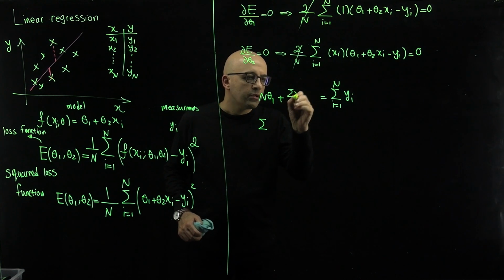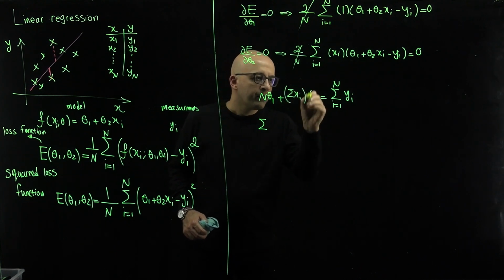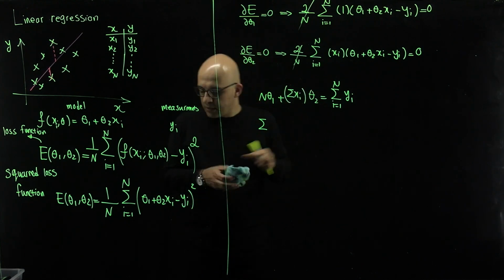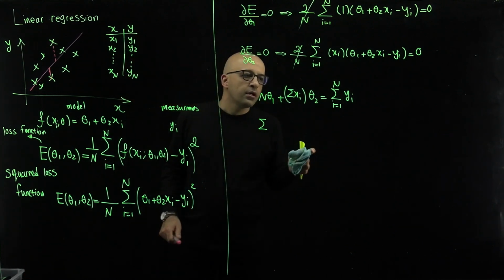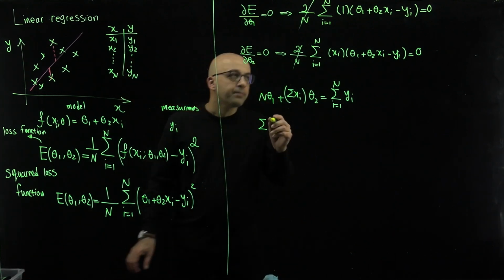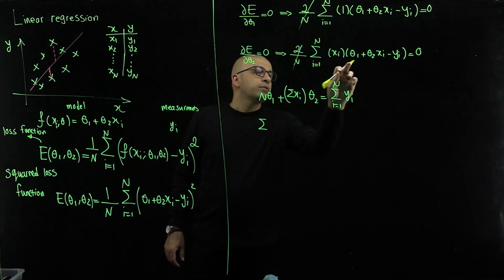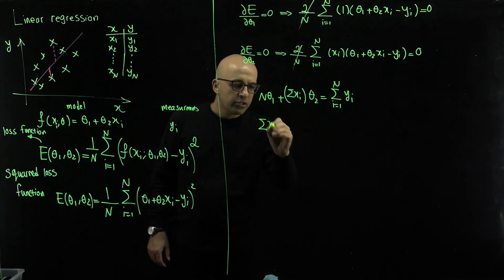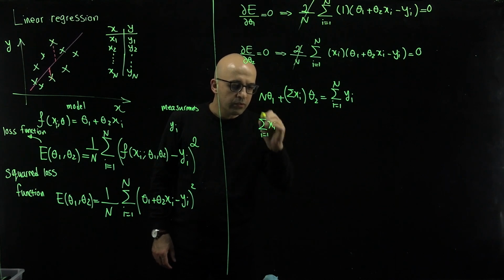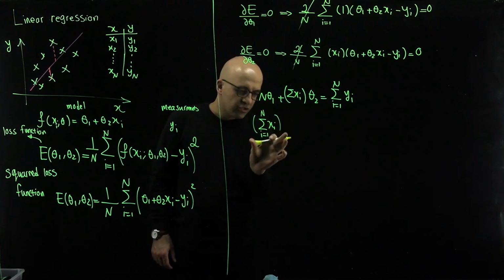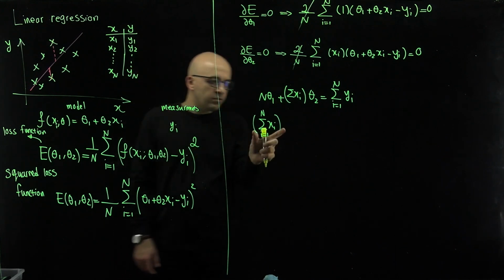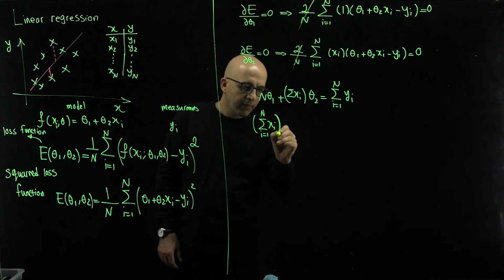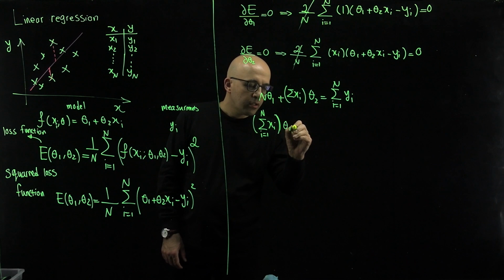So here I'm just going to write, I'm just rewriting that, but just replace these two terms. And now the first term here, it's a summation of xi, i equals 1 to n. This is just a scalar number. Once you sum up, basically it's a summation of all the x points. It's just a number here. Multiply with theta 1 plus